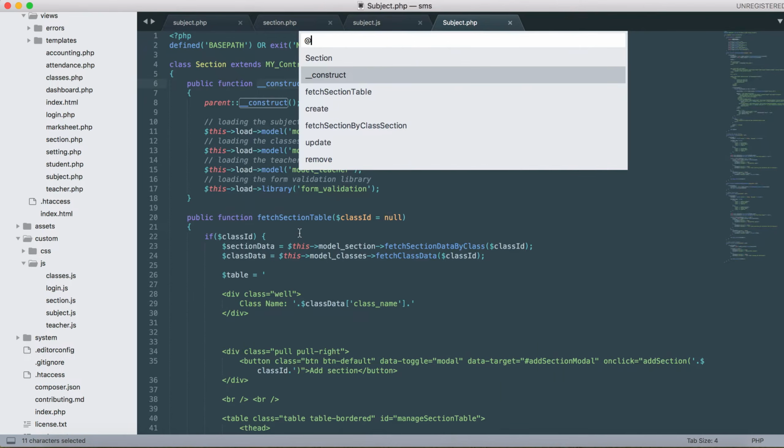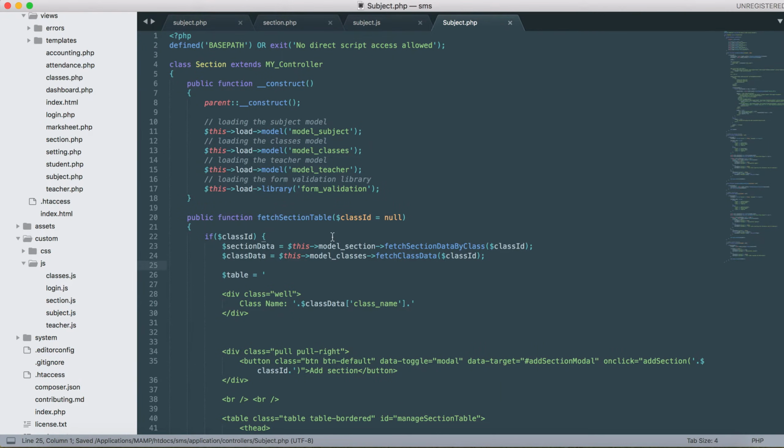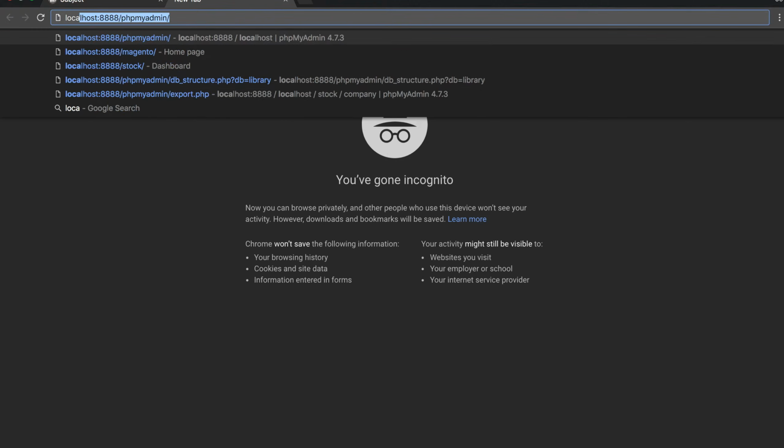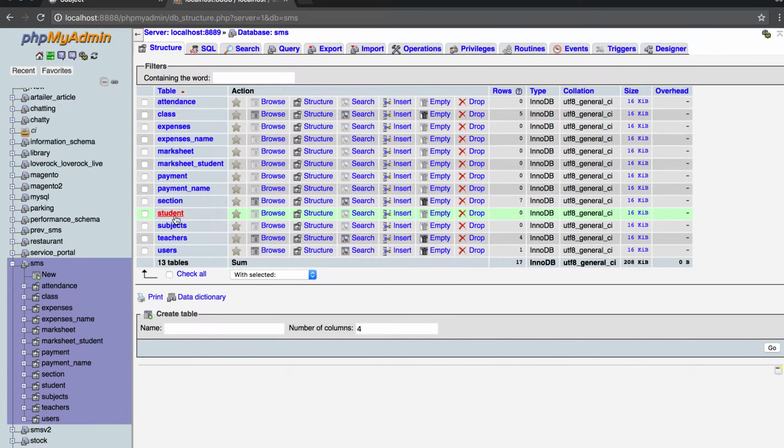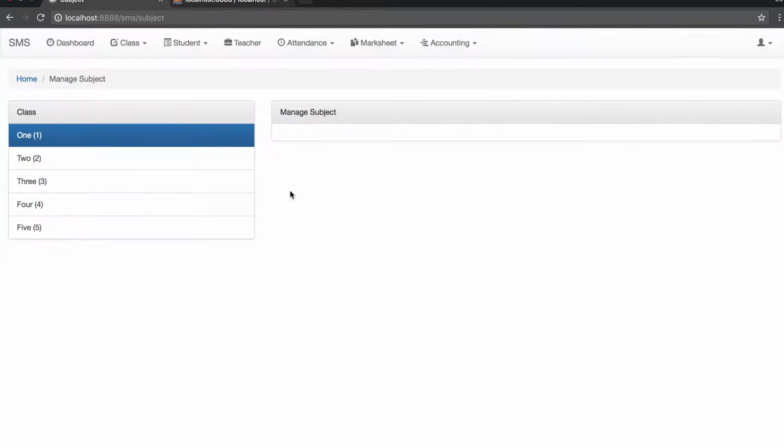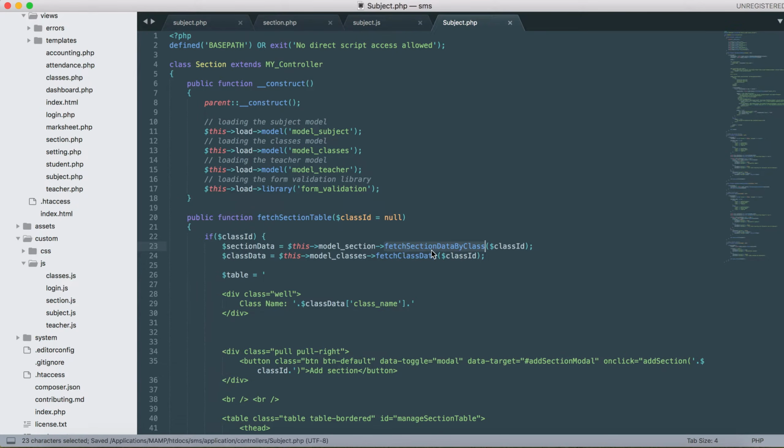Yeah, we had an error. So let's go to subject. Okay, we don't have any data, so we'll try to get that by writing fetch subject data by